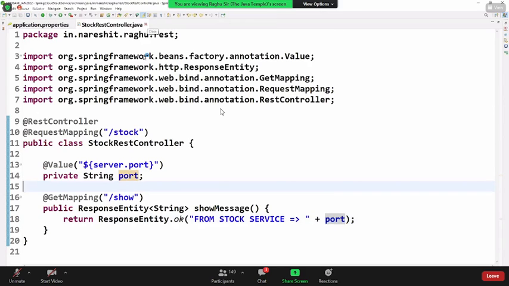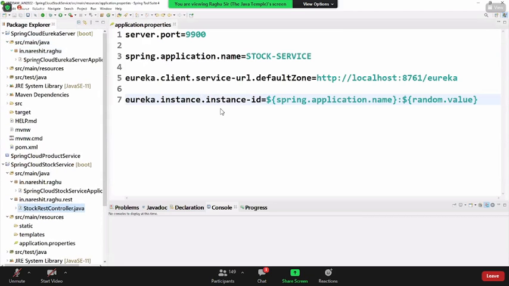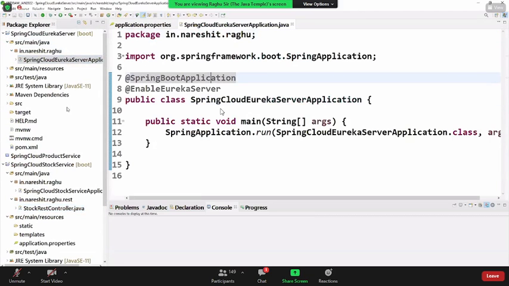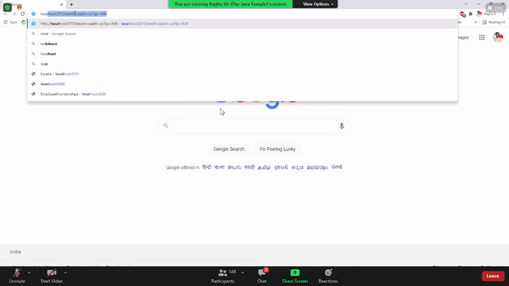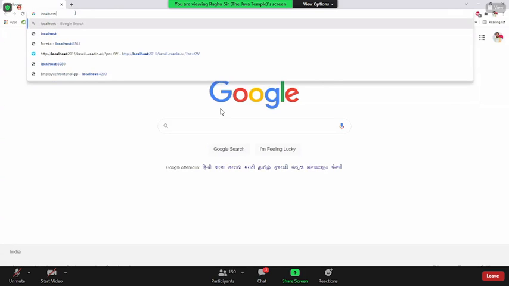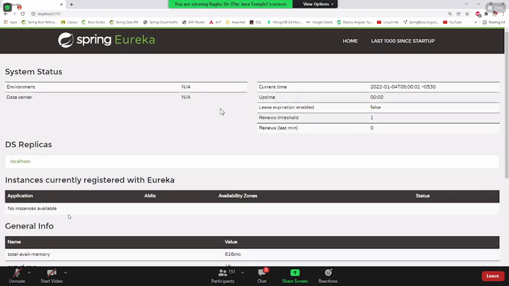Observe. First I am running the Eureka server, just for confirmation. Go to the browser: no instances available.